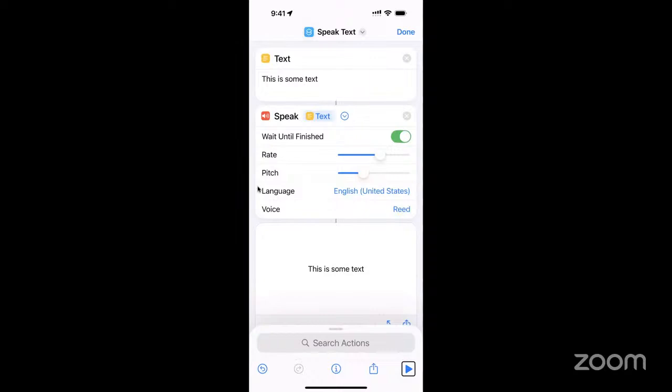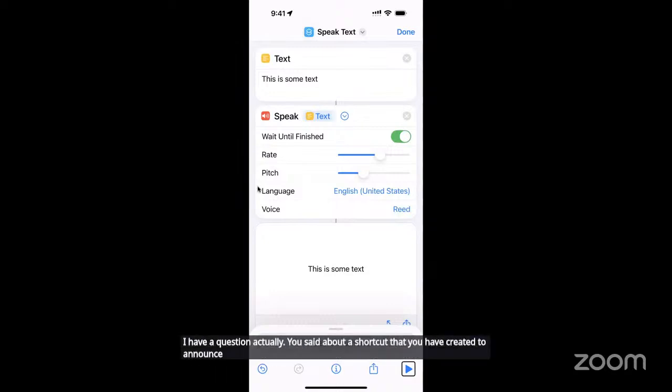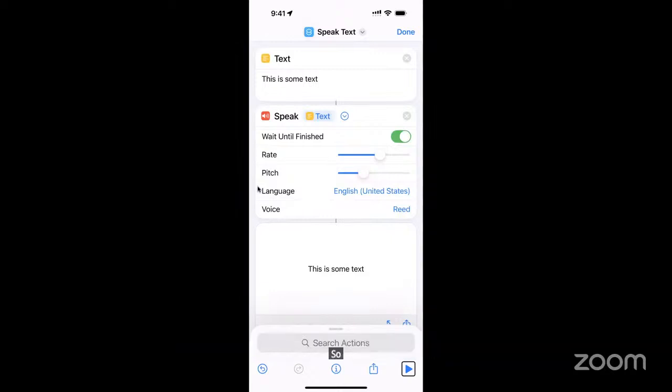I have a question actually. You said about a shortcut that you have created to announce when battery level goes down a certain percentage. So, is this text and speak text an action that you use in announcing whatever warning you want to come up with? So for that, you create an automation that says when the battery level gets below a